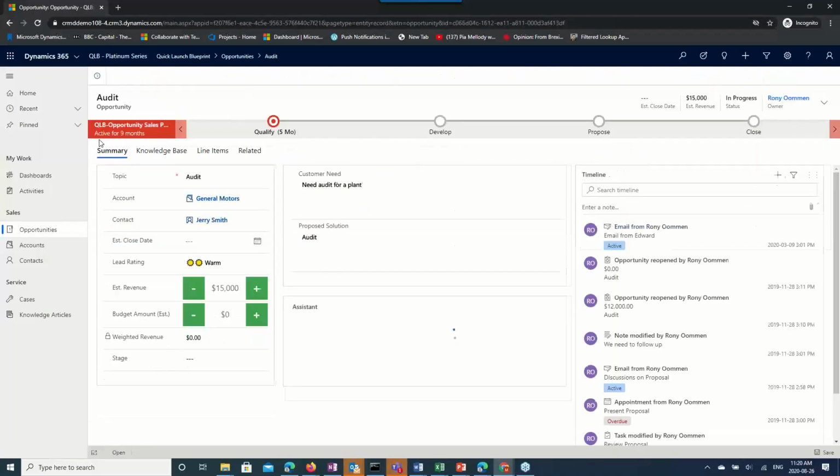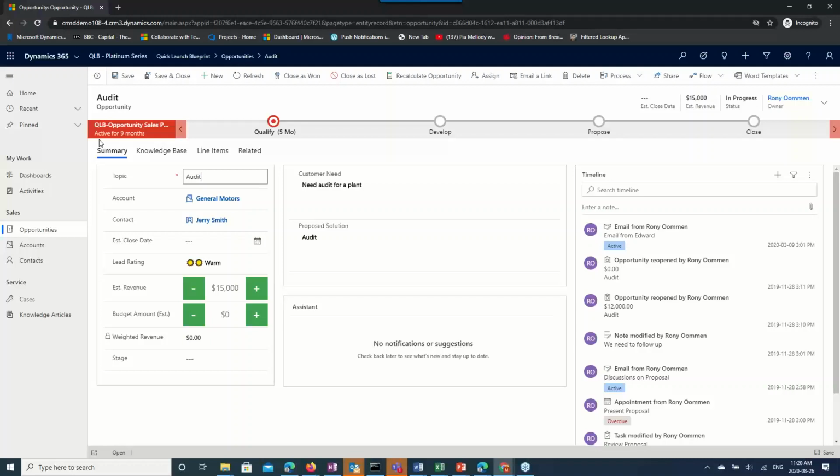If I open up an opportunity in the system, here we can see the topic of the opportunity. In this case, it's an audit. We can see the account the opportunity is for, and here might be the primary contact, which could be the decision maker from the client side. We can capture the estimated close date, which could be, let's say, the end of this month,